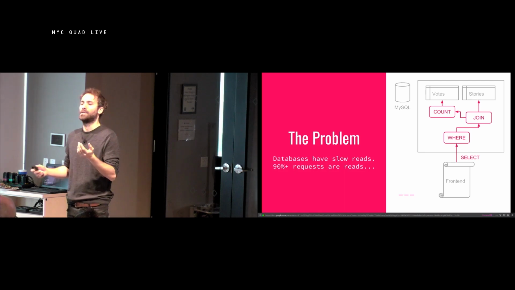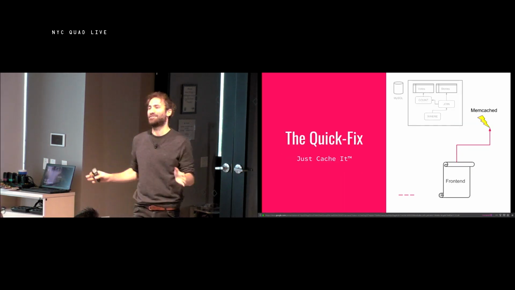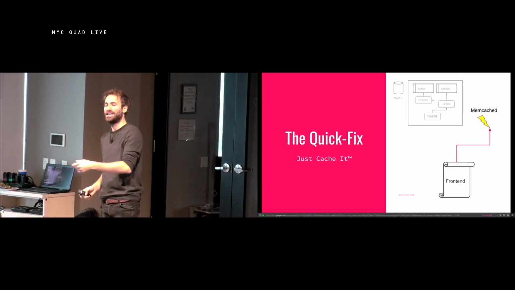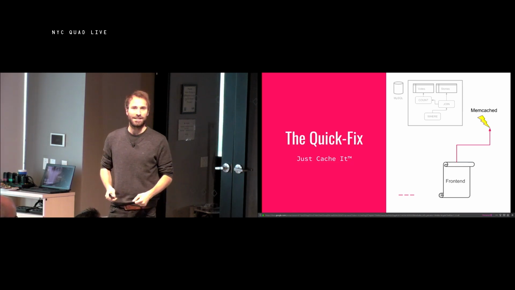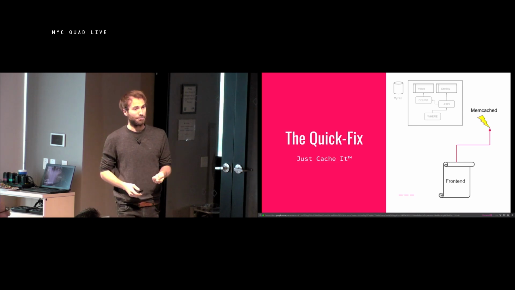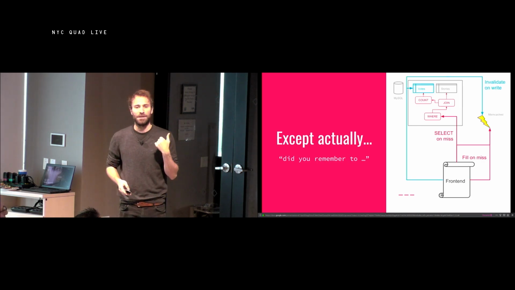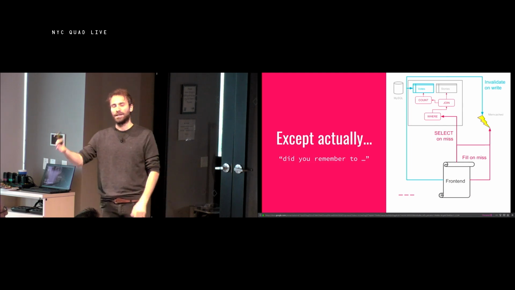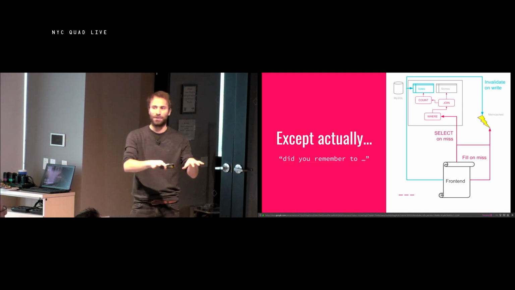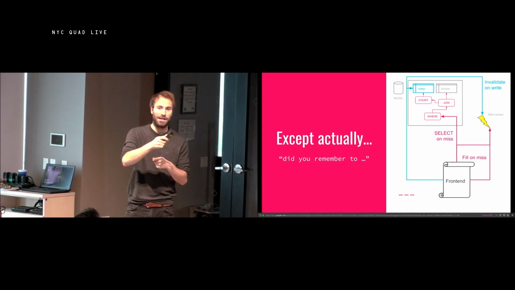So some of you might think, we solve this, we're just going to put a cache there, right? And caching solves everything. We're just going to stick memcached or Redis or something in front of our database, and woohoo, everything is fast. But unfortunately, it's not quite that simple. In fact, your application is more likely to look like this, where you have to make sure that every time you write, you invalidate the appropriate cache, but you don't invalidate too much, because then you throw your entire cache away. And now when you do a read, you might miss, you have to go to the database.